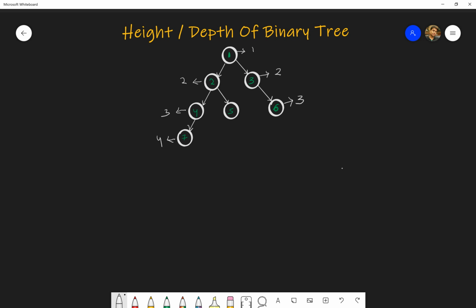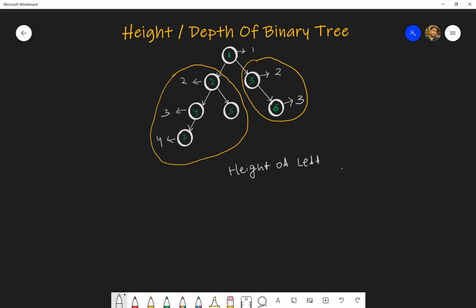So if you need to find the height or depth of a binary tree, you need to find the height of the left subtree and then the height of the right subtree.